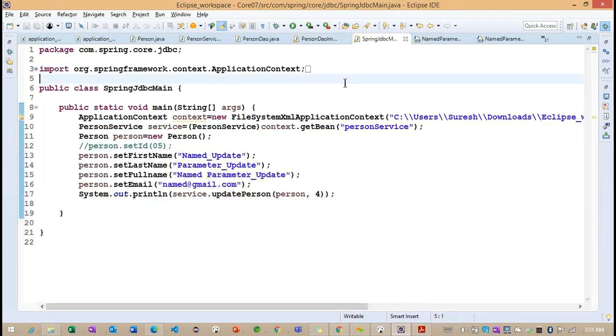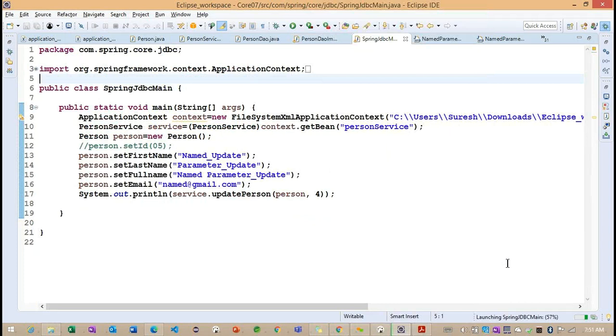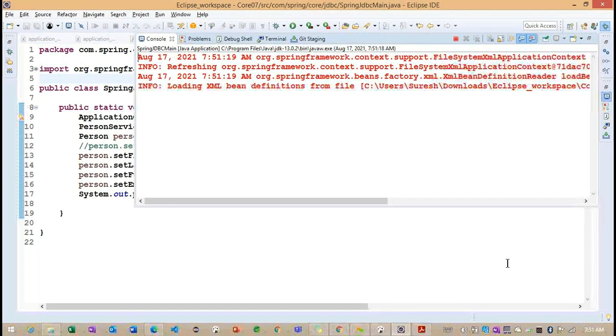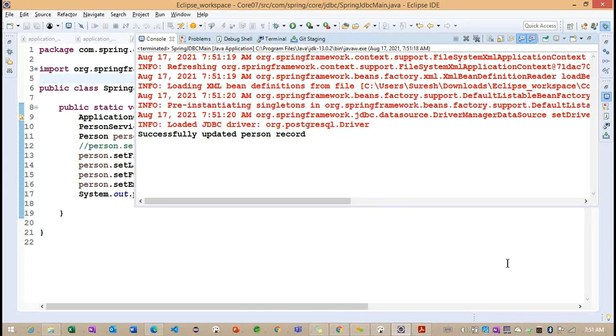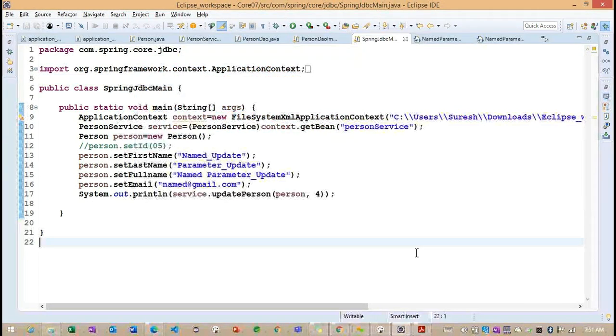Okay. Back to here. Now we can run the same query. Now you can see it is updated successfully. So previously I was trying to update the add method related properties, but we need to update the update method related properties. Okay. Anyway, so based on this particular ID 4, getting the point.